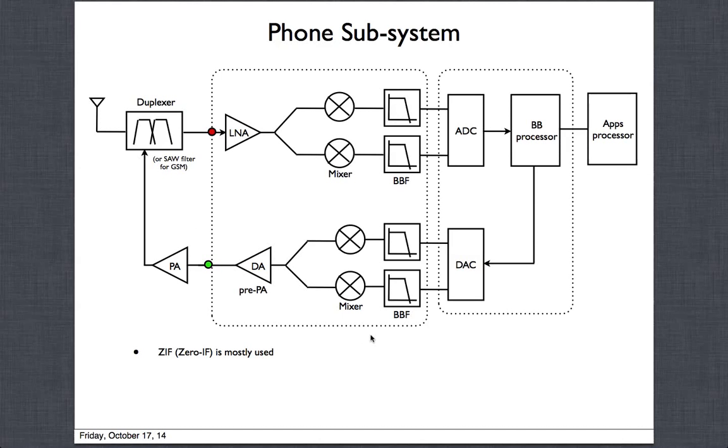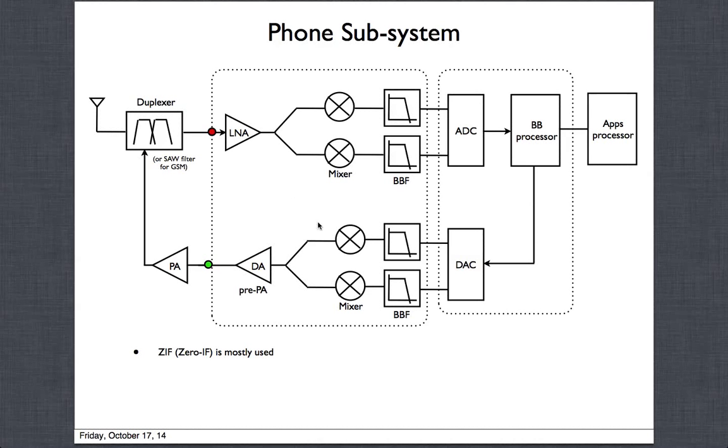Before changing this slide, I just wanted to make a quick comment. Many companies will make this the boundary for their RFIC transceiver. It will have these blocks, and this will be the boundary, so this will be one chip. All this digital portion, like the baseband processor, ADC and DAC, is the digital and mixed signal. ADC and DAC are mixed signal, and they go in a different chip.